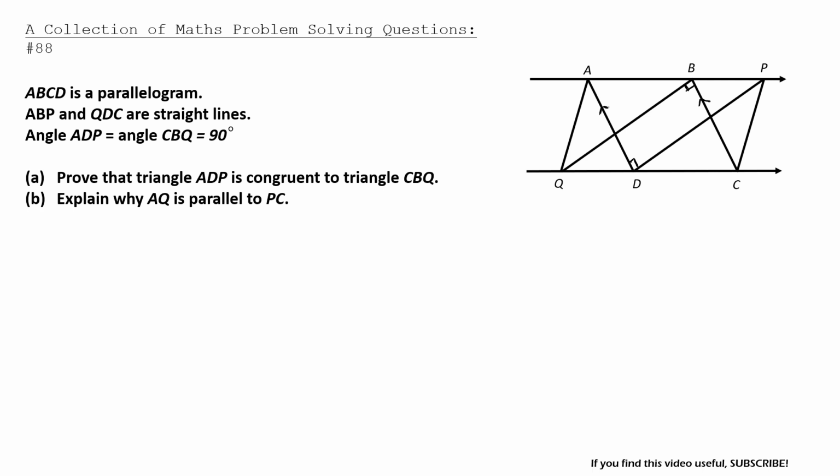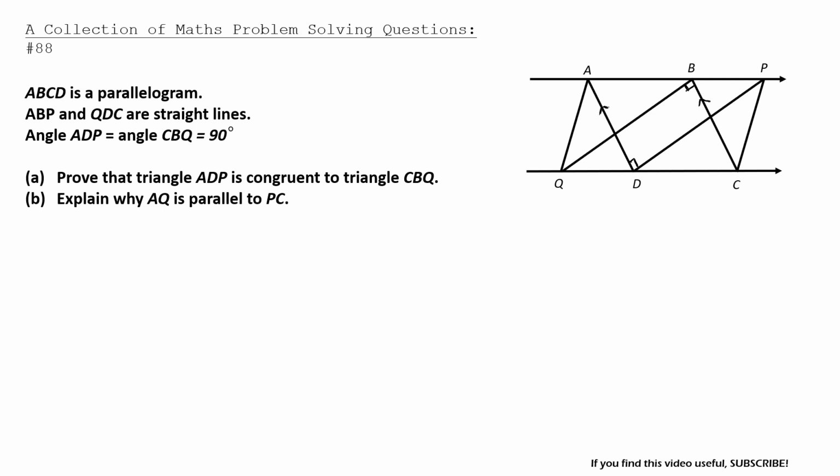ABCD is a parallelogram. ABP and QDC are straight lines. Angle ADP equals angle CBQ, and that equals 90 degrees. And we have to prove that triangle ADP is congruent to triangle CBQ, and also explain why AQ is parallel